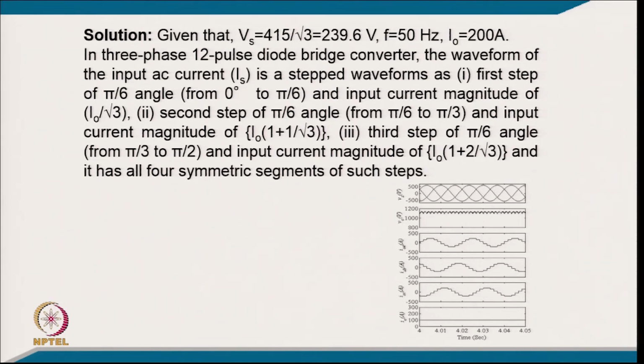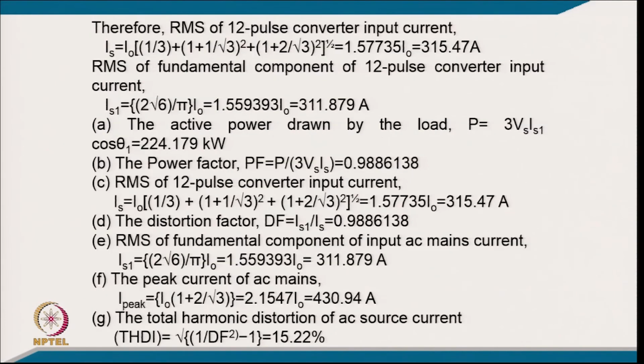The waveform of the AC mains current is a stepped waveform. The first step is of pi by 6, 30 degree angle, from 0 to pi by 6, and the input current magnitude will be I0 by root 3. The second step is a pi by 6 angle from pi by 6 to pi by 3, and the input current magnitude will be I0 times (1 plus 1 by root 3). The third step of pi by 6 angle is from pi by 3 to pi by 2, and the input current magnitude will be I0 times (1 plus 2 by root 3). It has 4 symmetric segments of such steps in this current waveform. So, coming to the calculation of this,